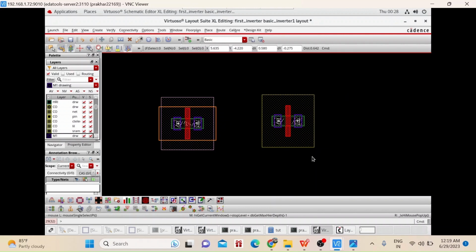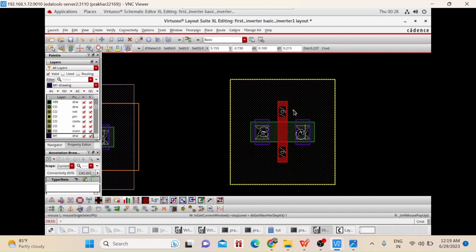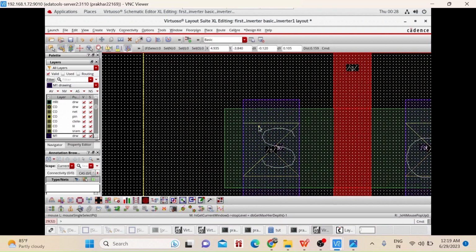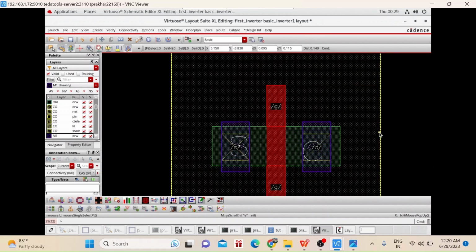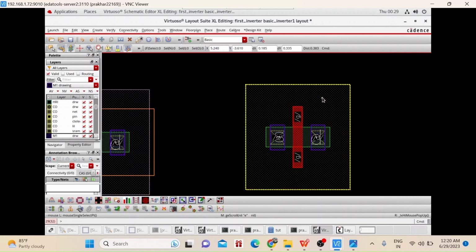For example, first we need to create our P substrate. So this black screen is nothing but your P substrate. On this black screen, or on this P substrate, first we want to create our NMOS. So this is our NMOS. How will we identify it? First we need to create one diffusion layer. So this green layer is nothing but your diffusion layer, and over that this red layer is your gate layer, or we can say polysilicon layer. This bluish color layer is nothing but your metal one, and this yellow square thing is nothing but your contacts.